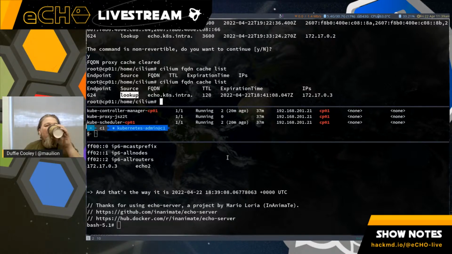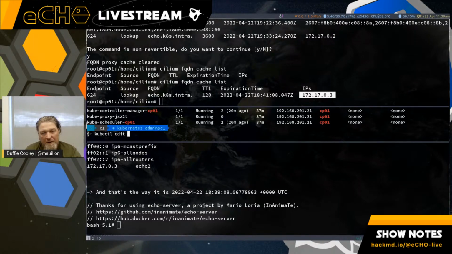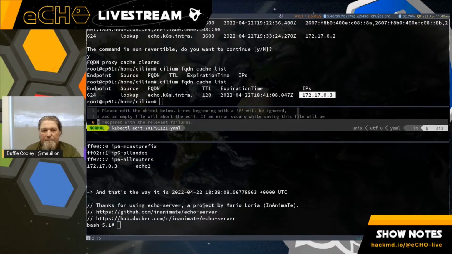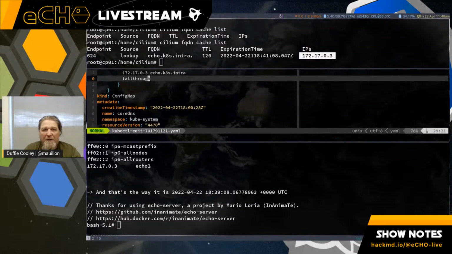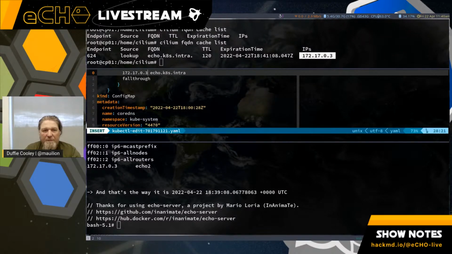All right. So I'm actually going to keep this on. I'm going to go ahead and change this IP address resolution back to 172.17.0.2, real quick, just to prove this out. Edit -n kube-system coredns, and then let's change that to 2.